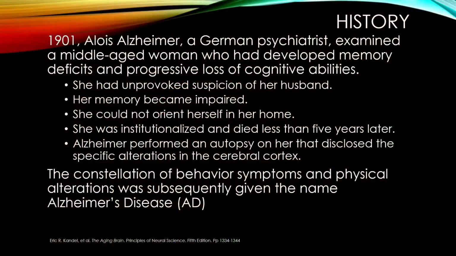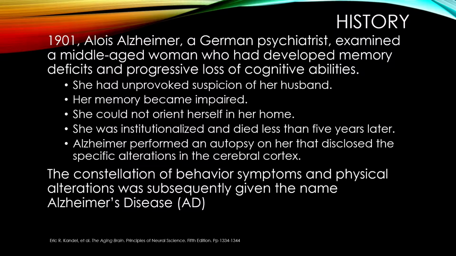All right, history. The history of Alzheimer's. The reason I'm going through this is because there was a time when Alzheimer's disease was not a common thing. And this was just the early 1900s. So 1901 is the first time that we actually see Alzheimer's being described. It wasn't even named at the time.